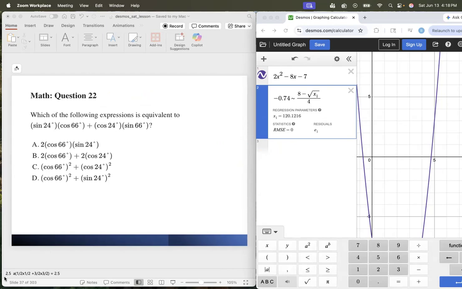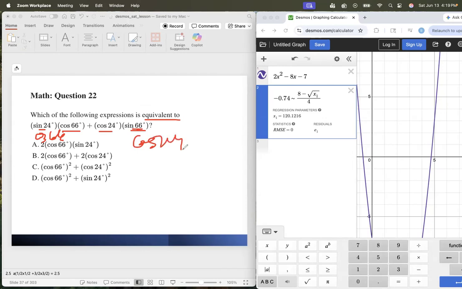And the last question in Model 1. This is an identity problem. Which of the following expressions is equivalent? Sine 24, cos 66, cos 24, sine 66. You know, with these questions, the answers, sine and cosine add up to what? 90. Therefore, sine 24 is the same thing as cos 66. Sine 66 is the same thing as cos